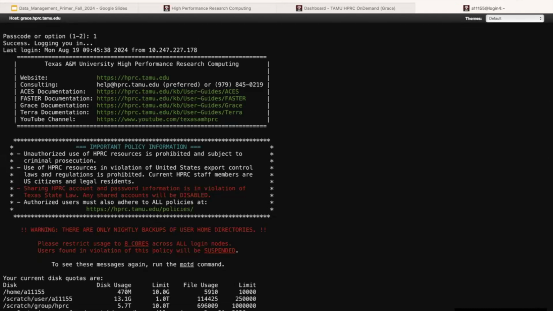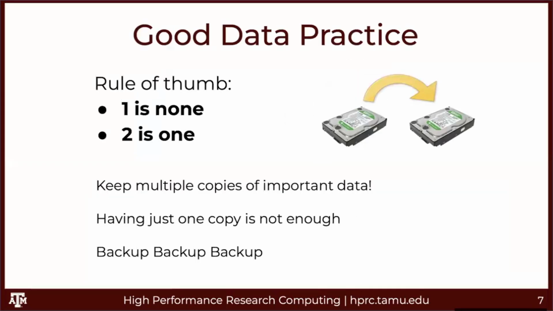All right, so I think I'll move forward. As I mentioned, this is a primer on data management. So good data practices are a must. And a really good rule of thumb that we encourage everyone to follow is to keep a lot of backups of your important data. So 1 is none, 2 is 1, which means that if you have some very important data, you want to have at least 1 copy stored somewhere. Because if you lose that important data, if you have only 1 copy, it's lost forever. And this is something that you want to avoid at all costs. So backup,